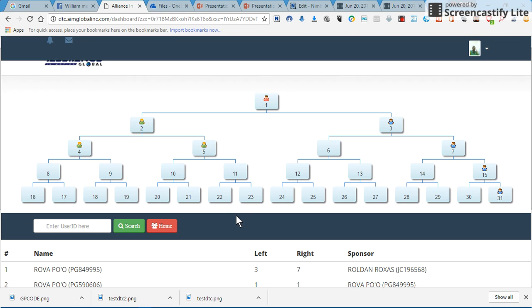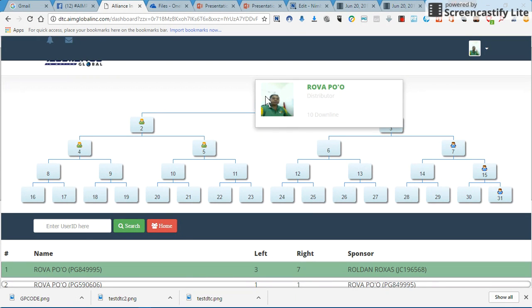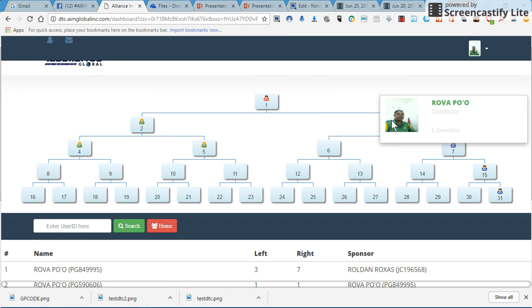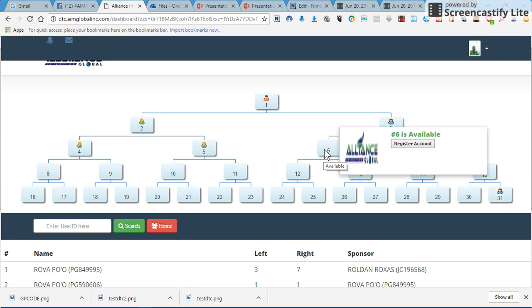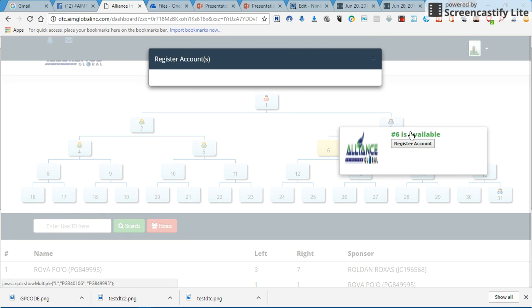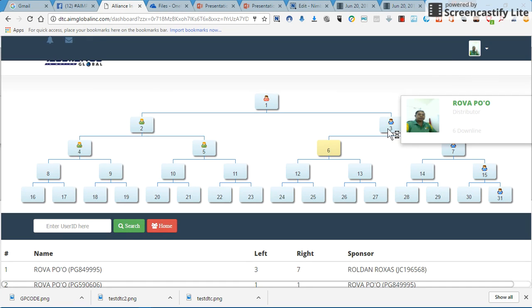Now let's proceed to your sixth account. This will complete 7 accounts here, because this is your first, second, third, fourth, fifth. Number 7 is already occupied. And now let's proceed. Number 6. Click here. Click register. But just remember first where this one goes. This one is below your account number 3 first. This one is account number 3.